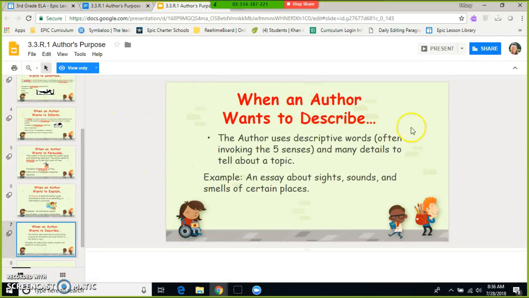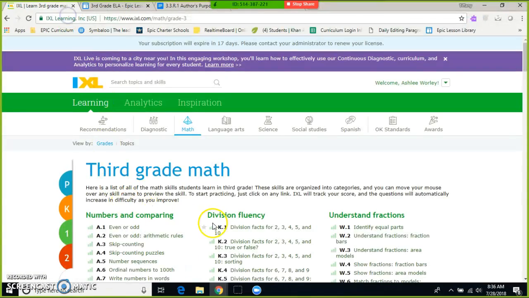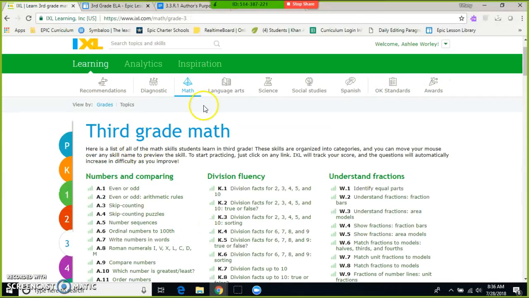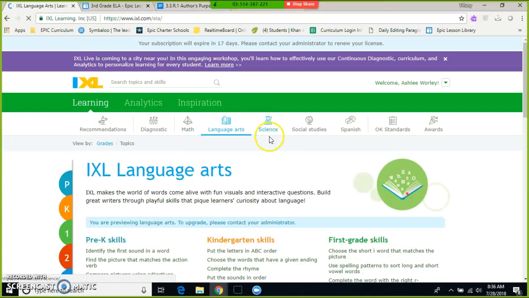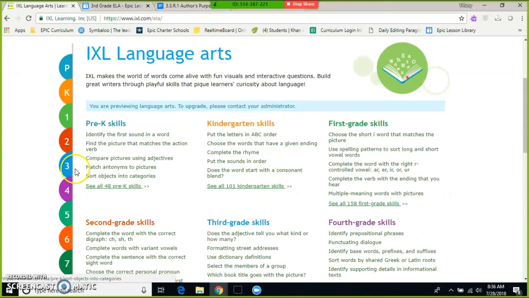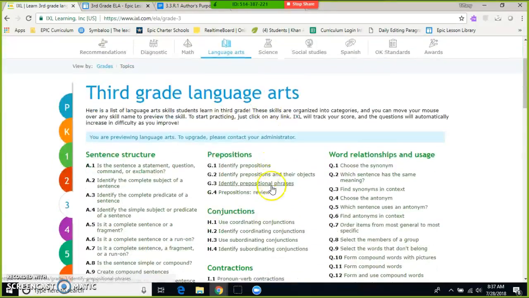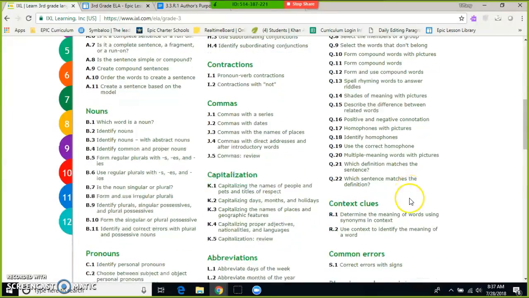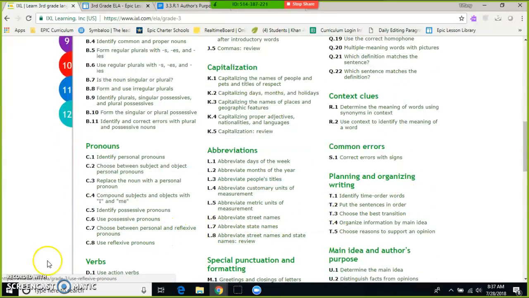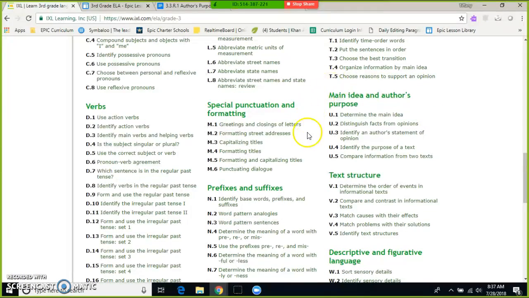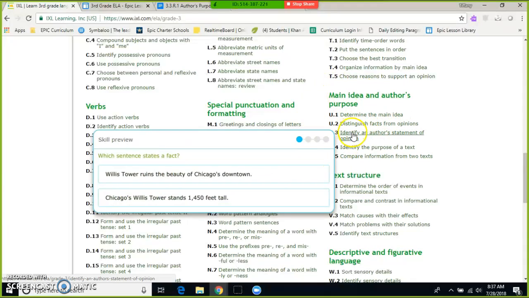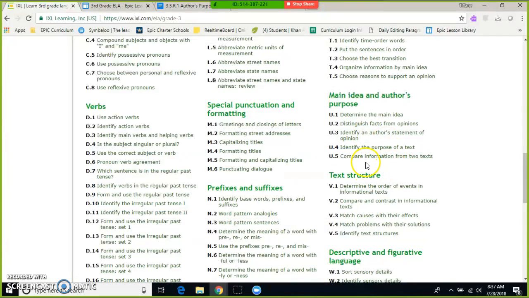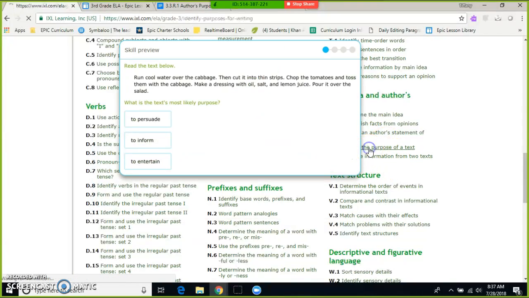When I am finished with the author's purpose lesson, I then will go to IXL, and under third grade language arts, I will find author's purpose, and we will use this author's purpose as guided practice. So as you can see, here is main idea and author's purpose. So I would just click on identifying the purpose of the text,